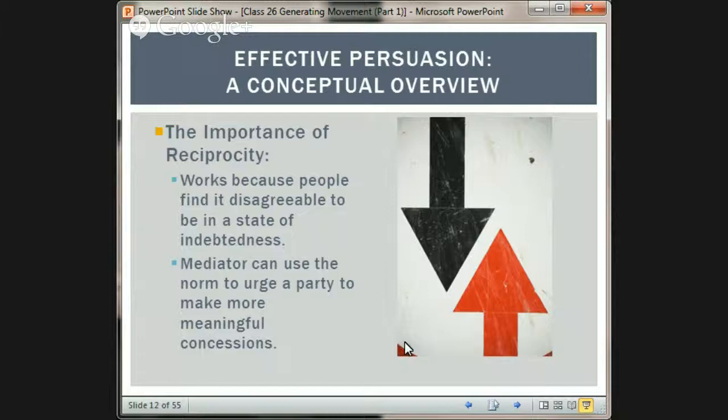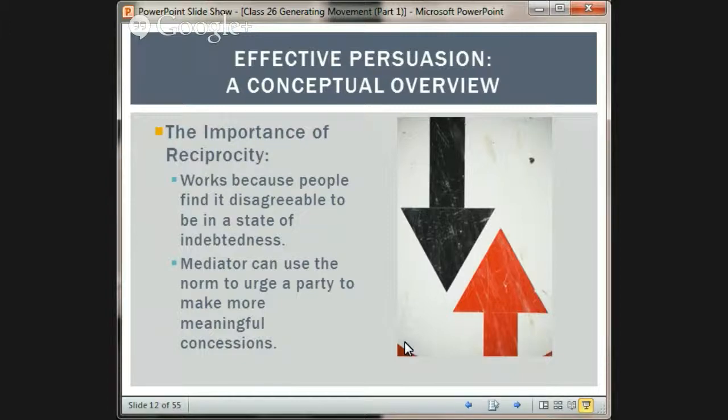The importance of reciprocity. It works because people find it disagreeable to be in a state of indebtedness. And again, there's a lot of psychological research about this. I think it boils down to the fact that we're just such highly sociable animals that we really do respect the need to balance favors and be in balance in terms of our responsibilities and obligations to people. And one of the things about people in conflict is they're out of balance in that respect, right? And so one of the things that we're trying to do is to get them back in